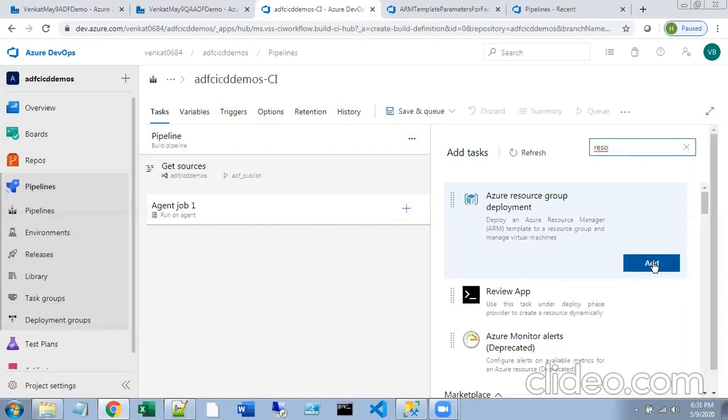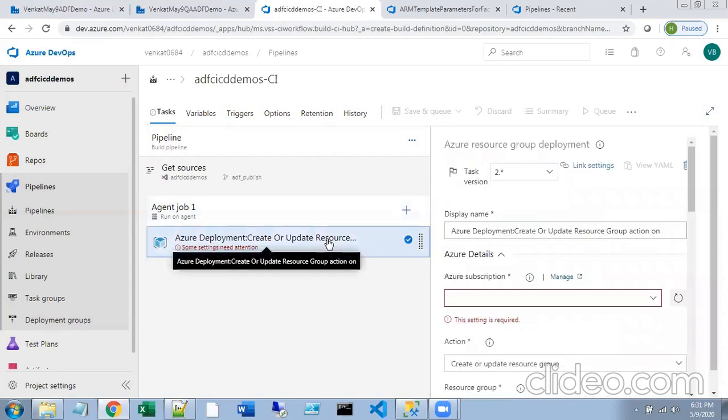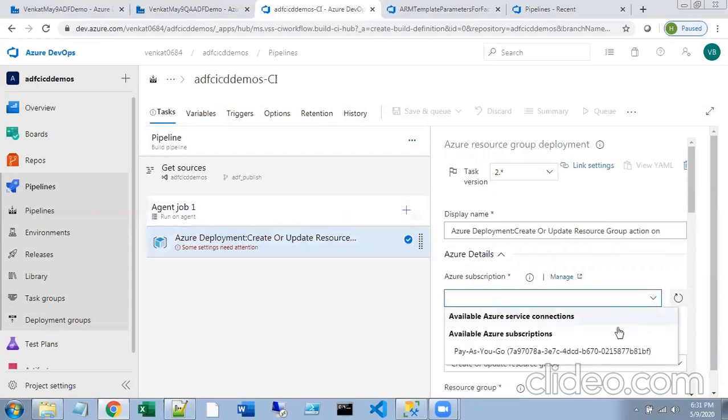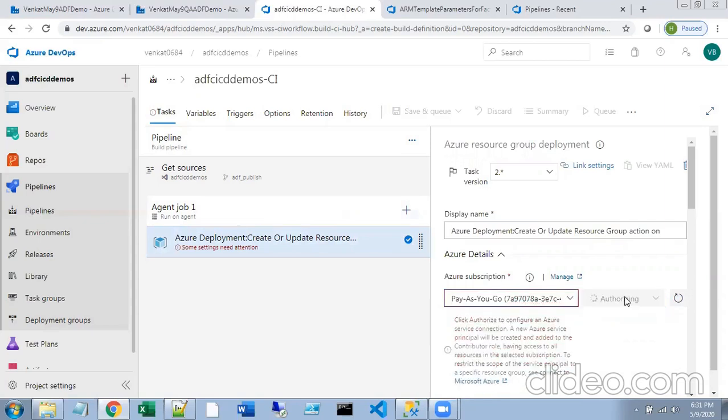This is the task we are going to add to the agent job. So select this and go for mentioning your Azure subscription details. This is the subscription I have. You can authorize to prove that that is your subscription.